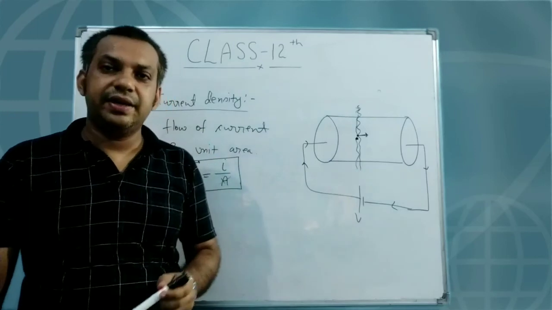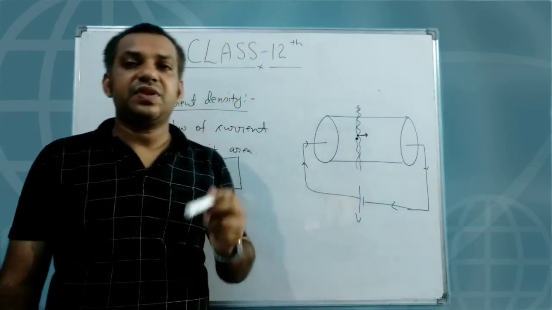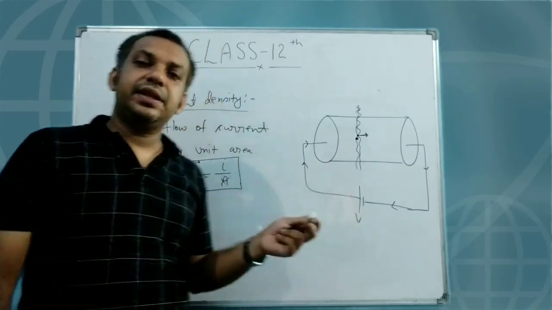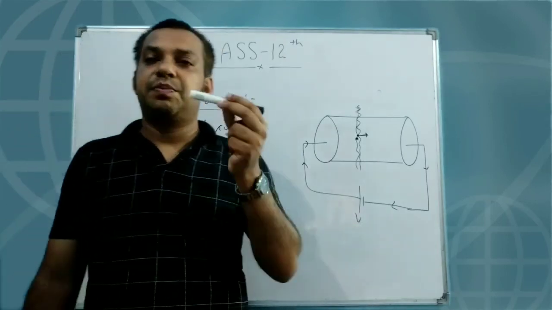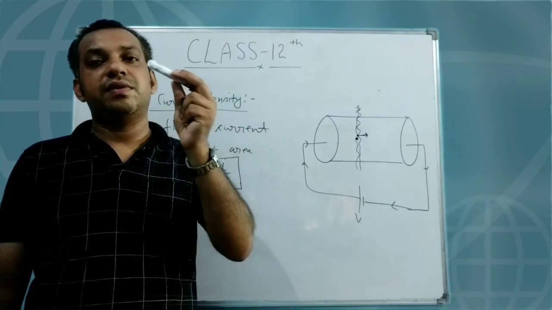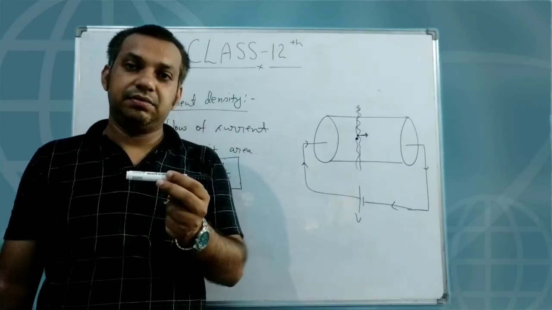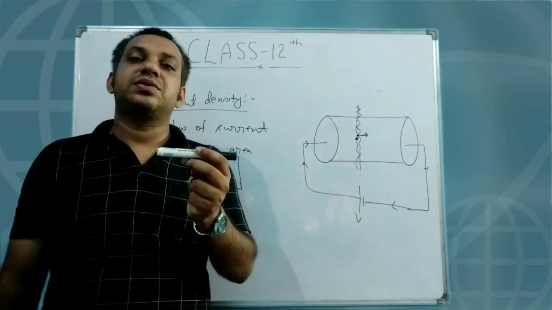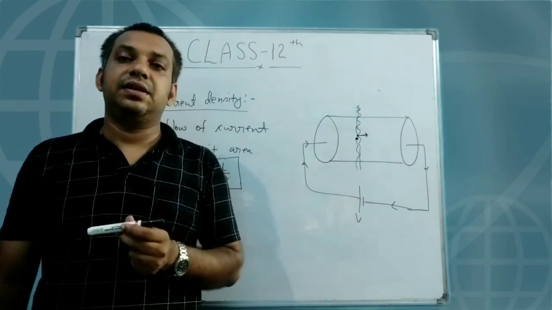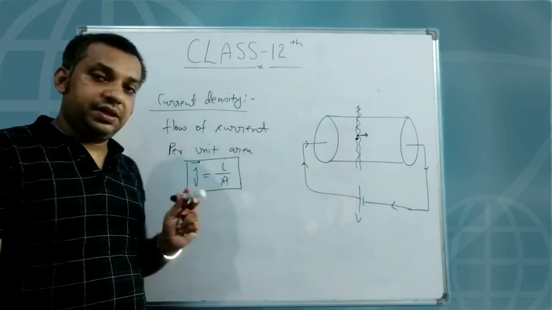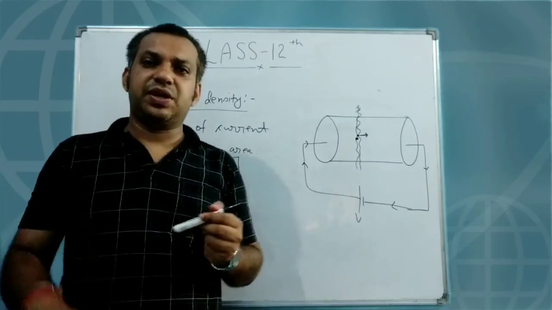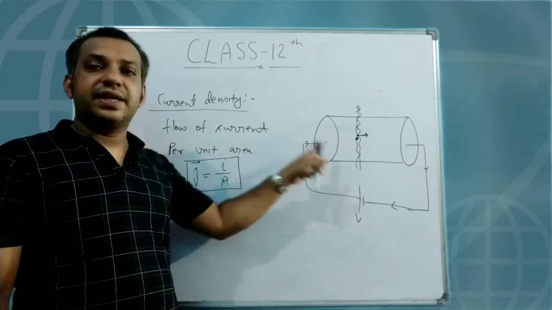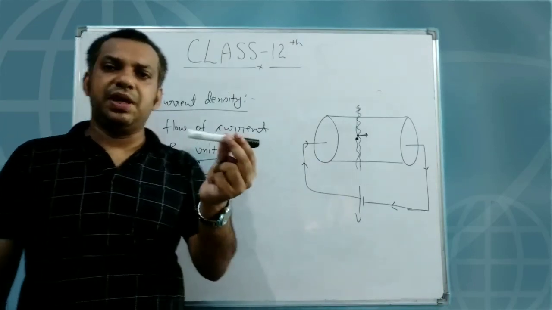So electric current is a scalar quantity because it is the behavior of the overall conductor, and current density is a vector quantity because it is a property of a point inside the conductor. Right now, at that particular point, the direction in which the positive charge is moving is the direction of the current density. It's a microscopic view. So current density is basically the microscopic view, and the electric current is the overall behavior of this conductor.